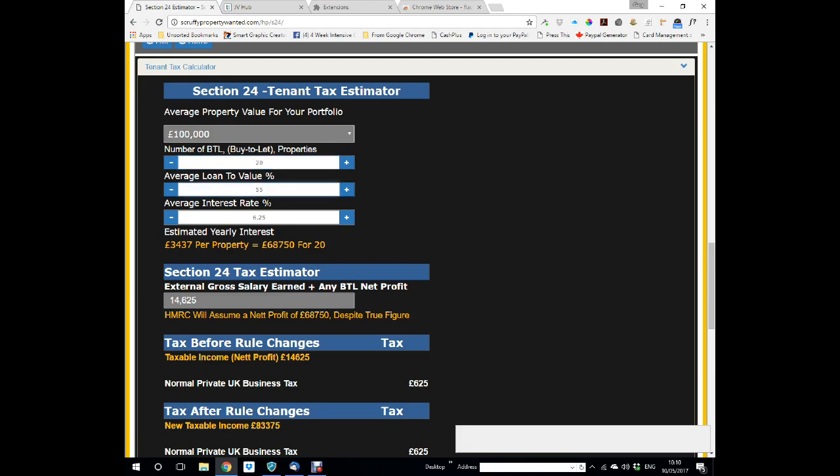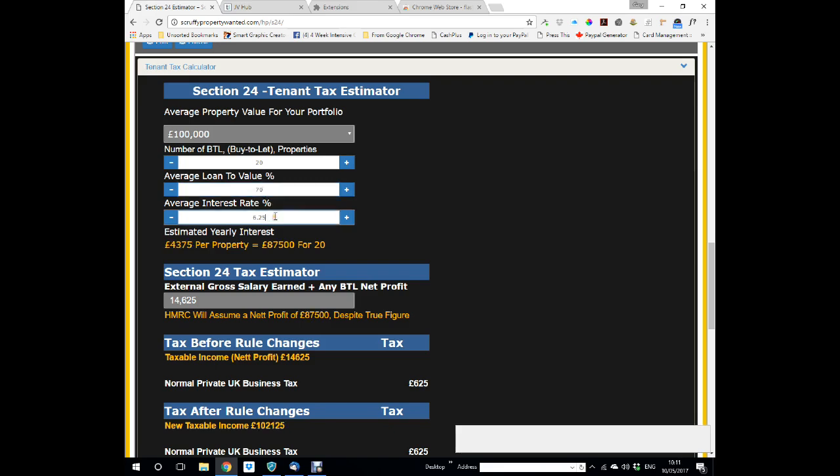Now the next thing is, hopefully this won't be too confusing, we need to know the average loan to value. So basically, if you tot up the value of all your buy-to-let properties and divide that by the amount of money that you currently still owe to your banks or building societies or wherever you've got your finance from, you can work out your average loan to value. So in this instance, we'll say most landlords stick to around 55 to 70%, but let's say it's 70%.